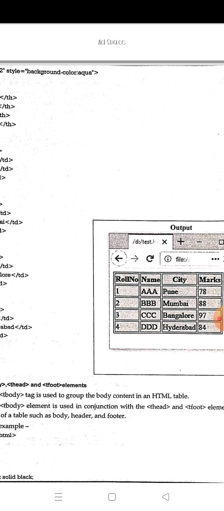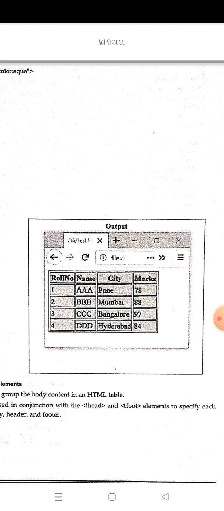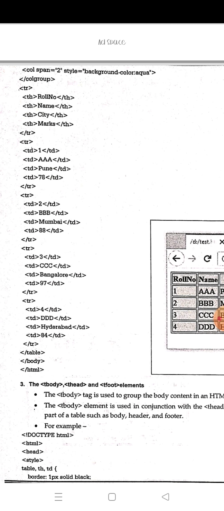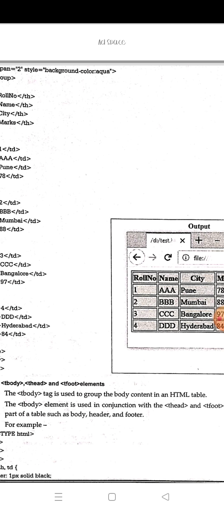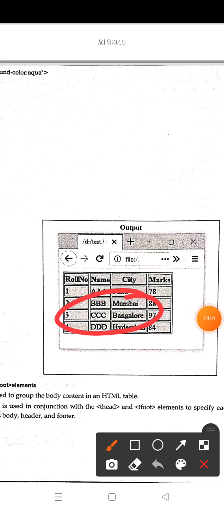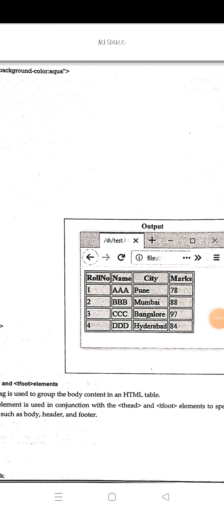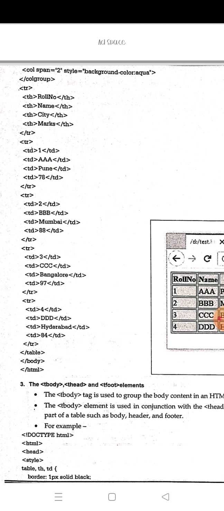The tbody element is used in conjunction with the thead and the tfoot, that is table header and the table footer elements, to specify each part of the table such as body, header and the footer. This is a body, this is header and this is the footer. For that we use the tbody, thead and the tfoot. Let's see how these tags are used.